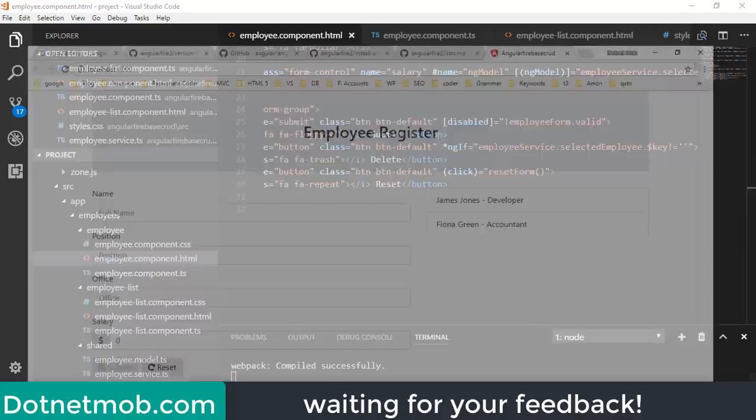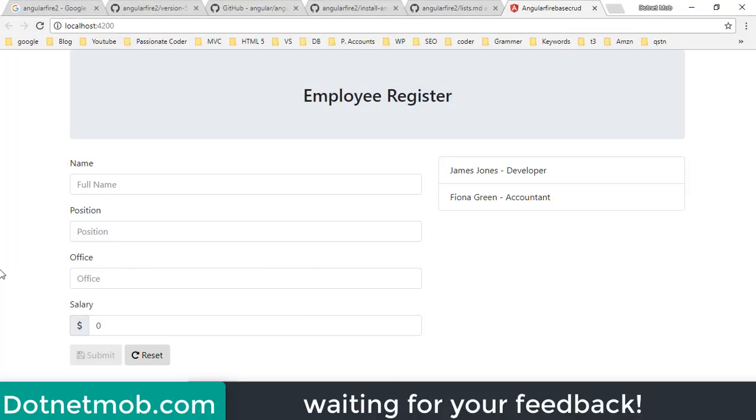Let me save this and go back to the application here. Right now the delete button is hidden. If I select one item from this list, we can see this delete button here.